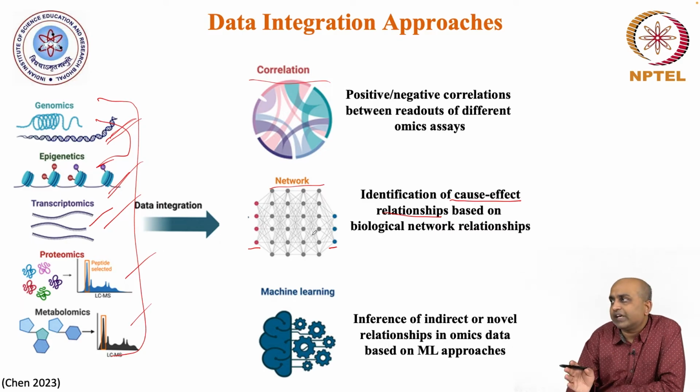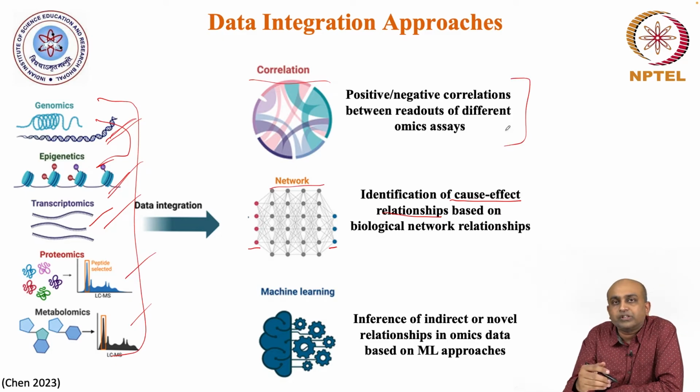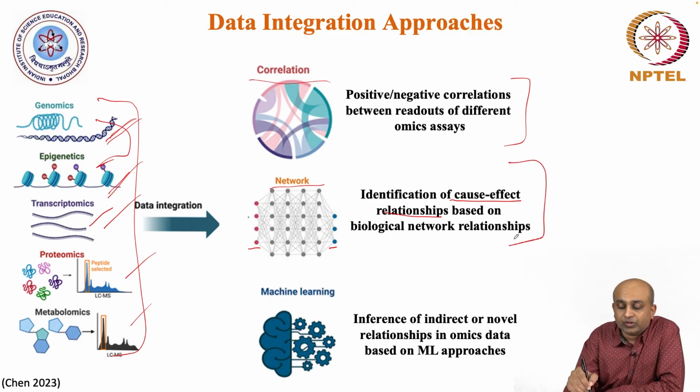This is what people have been doing, but all of this is based on what we already know about the biology. We already know that there can be a correlation between gene expression and epigenetic marks, or we know that there is a relationship between network X and network Y in the biological networks. Then these kinds of data integration will work. But what if you don't know what relationships exist between these different assays, but you want to pick up new relationships in the data of which you are not aware? That's where the use of machine learning tools becomes very relevant.